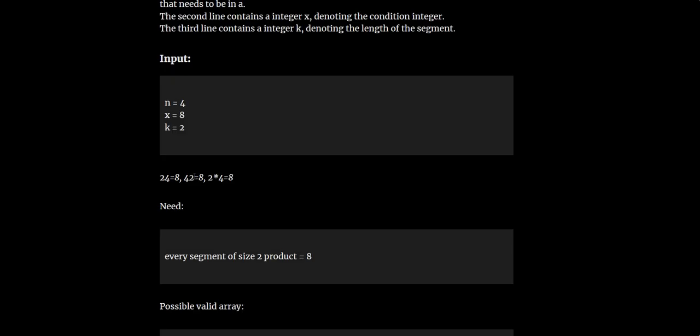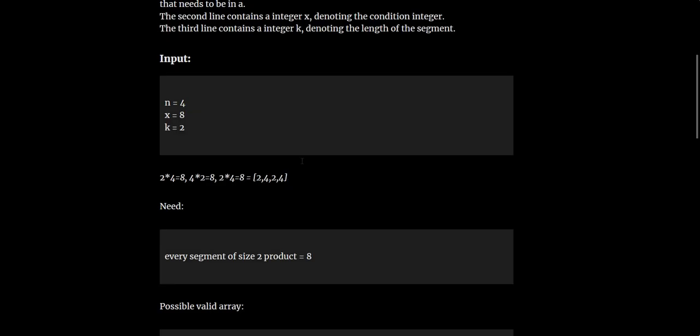So which is equal to 8, and the possible array elements would be 2, 4 as well, so it will construct an array that is 2, 4, 2, 4, and you are supposed to find the product using the contiguous array, that is we have done 2 into 4, 4 into 2, and 2 into 4, which results in 8, and you can see that it lies between the order, so it is smallest, and it lies between the 2 to 8 array elements,